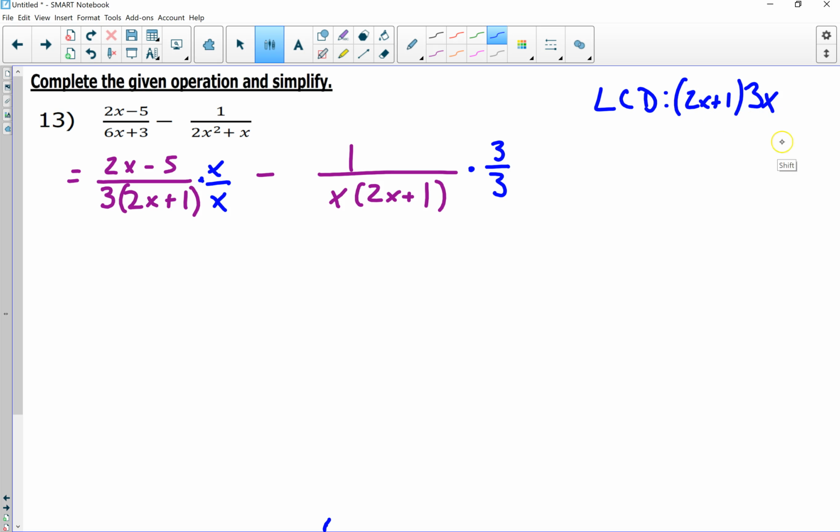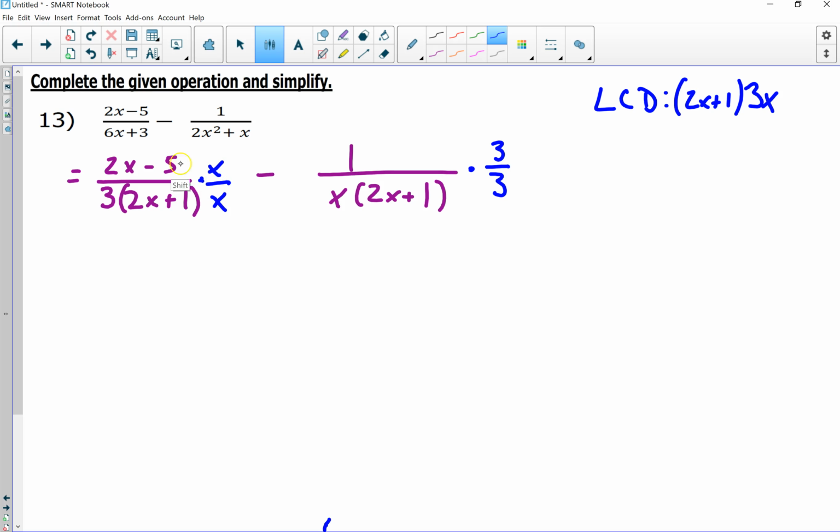And I could multiply it all out and get the algebraic statement, but there's no advantage to doing that. It's actually better to leave it in the factored form because maybe later on stuff will cancel, right? So there's no advantage to multiplying it out and then factoring it later on. We can just leave it factored. So that's my LCD. In terms of my fractions, I'm really only including the factors that I need to get these denominators to match. So in the first fraction, it was missing the x, so I multiplied by x over x,